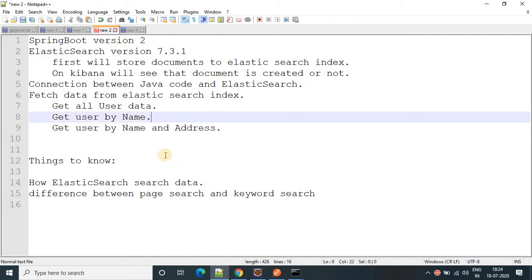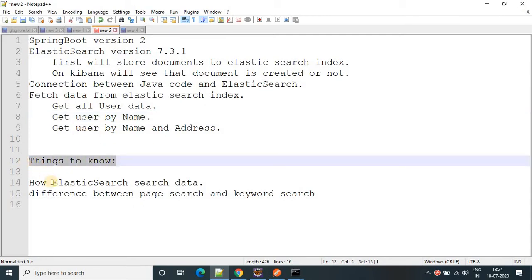Okay. So before we write the code, there are two very important things. First is how Elasticsearch searches data, right? Because we all know that Elasticsearch is a search engine. So how fast does Elasticsearch search the data?